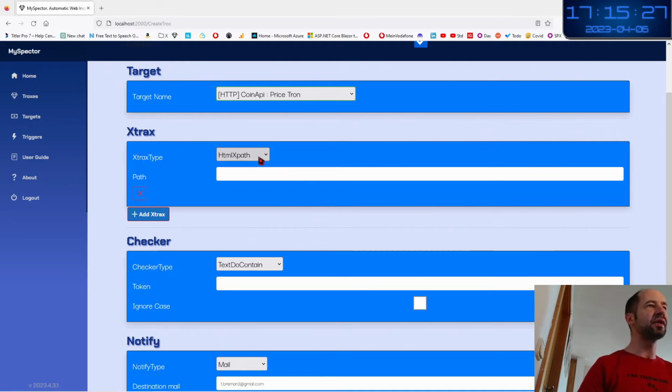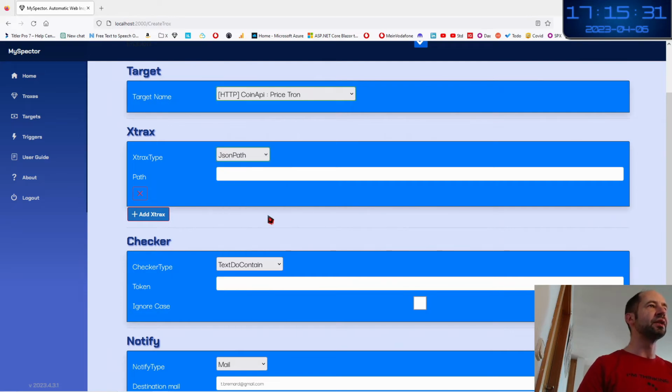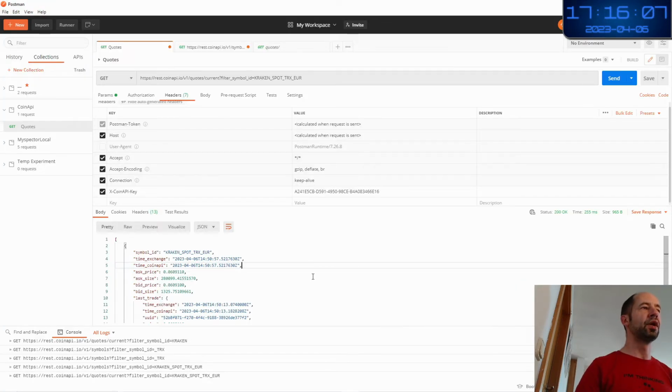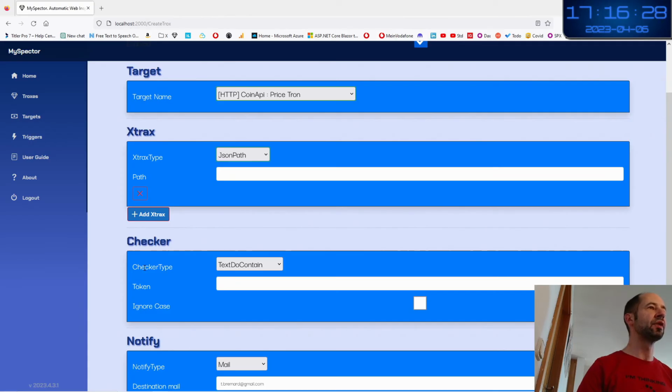So here it requires a little skill, a little knowledge of JSONPath. And you see that the object which is retrieved is in fact, you see here the square bracket, this means that this is an array. And in this array, what interests me is the first object, and it is the field bid price of the first object. So in JSON, how do you translate this?